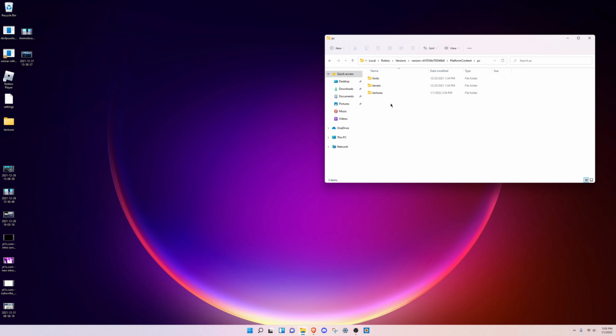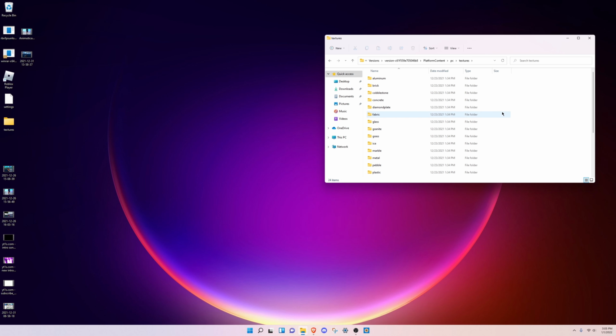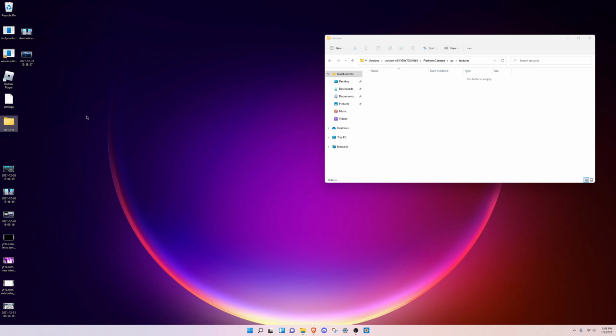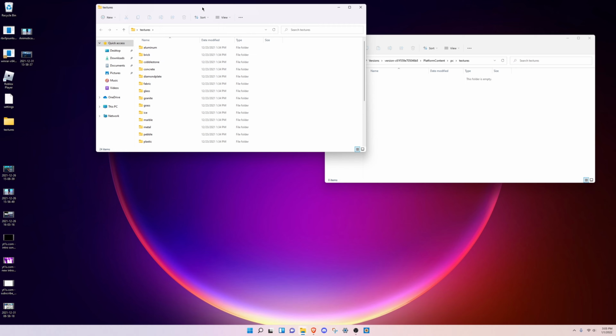Platform content, PC, and textures. Of course, this is only for Windows. If you have Mac or mobile, then I don't know how you're gonna do this, but this is heavily on Windows. So basically what you're gonna do, you can either drag this all and put it in your recycle bin, or create a new folder called textures. In this case, I have folders because I like my textures, and what I recommend doing after you get rid of all your